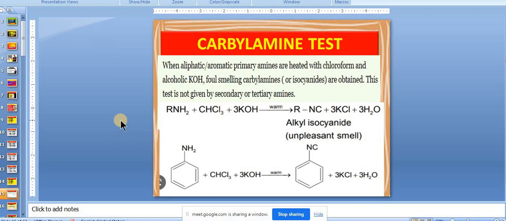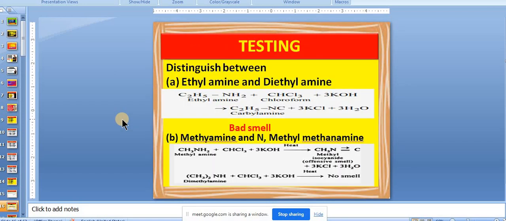Okay. So let us move to the question. So this way question can be asked in your exam. Distinguish between ethylamine and diethylamine. So now you know ethylamine formula is C2H5NH2. We can write the reaction very easily as previously it was written. But when you talk of diethyl, so diethyl is C2H5 twice NH. Okay. So always you remember, whenever NH2 will be there, then it is 1 degree. Whenever NH will be there, that will be 2 degree. When there is no H, that is 3 degree.